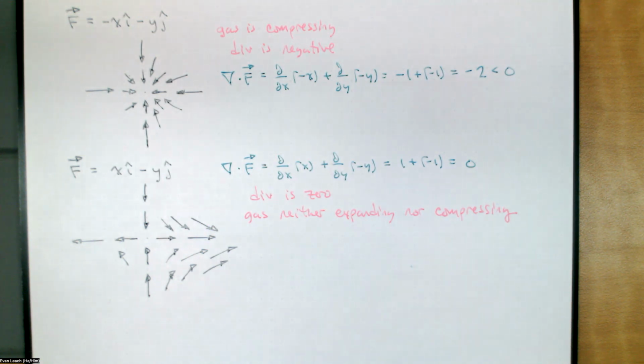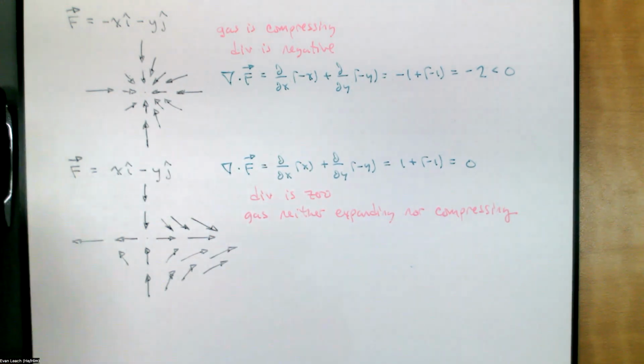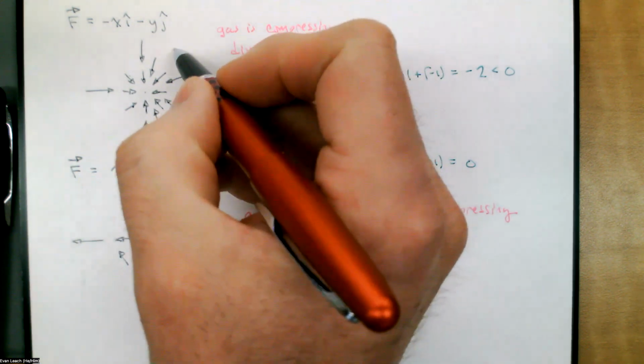Not really. Notice that the examples we've had so far don't really care about the values of X and Y. We're just seeing things not expanding and not contracting. That's what we're going for. Even if we pick some other place away from the origin, even if we pick a place over here,